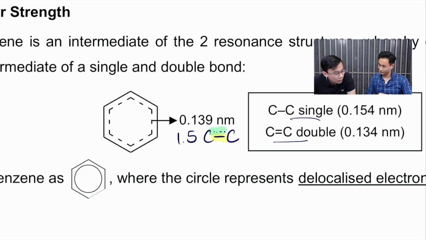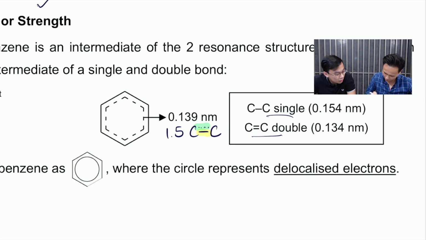So 1.5 bond. Okay. So Yap Chen, it's quite intuitive that the bond strength of a 1.5 bond is in between a single and a double bond. Right? What about the bond length? In between as well. Okay, and before we go into that, can you also tell me how bond length is related to bond strength? Well, the longer the bond length, the weaker the bond strength. Why? Like a spring, if you keep stretching it, if the bond length is very long, it's easily broken. Exactly. Like what he said, the longer the spring, the easier for you to bend that spring. But if the spring is very, very short, then you can't really bend it. So, the longer the bond length, the weaker the bond.